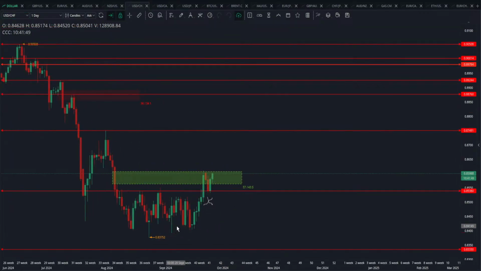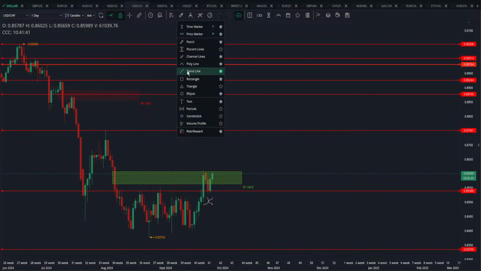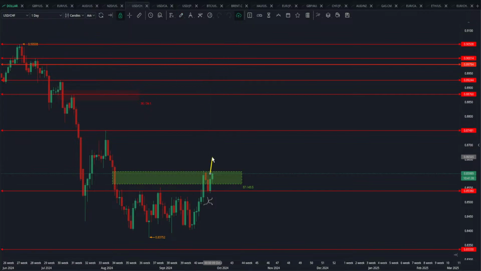USD CHF finally a breakout, but I told you that even if it breaks out from here, this fair value gap would be a huge resistance for the price. Now I would like to see the price to go like this. If it goes up like this and comes back to this area, then this can be used as an inverse fair value gap to the target of 0.8749 and beyond. So I'll be very happy to trade it above this fair value gap.